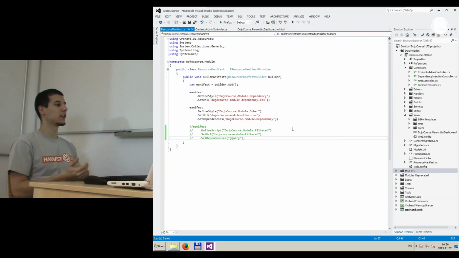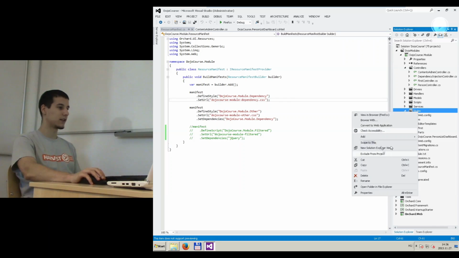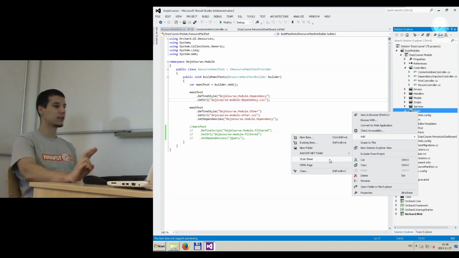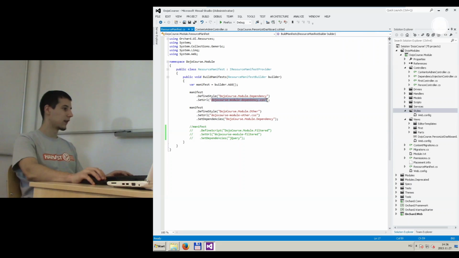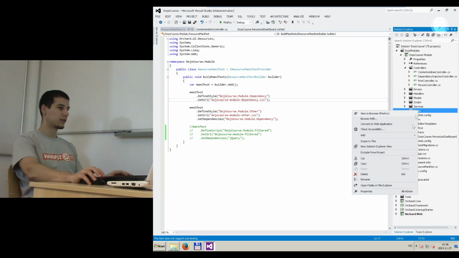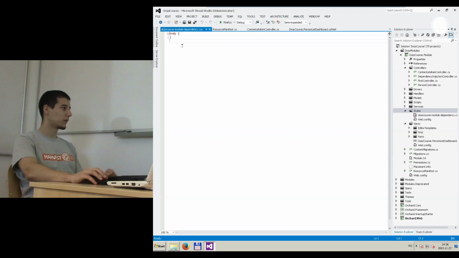So last week we created a resource manifest. We created two style sheets as well. So what's left of this is to create the actual style sheet file. So let's do this very quickly. What we need to add is two style sheets to our styles folder, and I just copy paste the names from the resource manifest. So one of them is going to be called Dojo Course module dependency CSS, and if it opens, you can add some content just here to see that it's really going to be